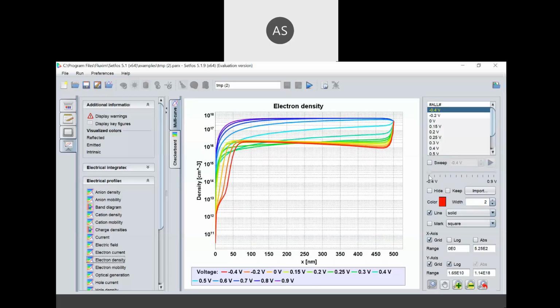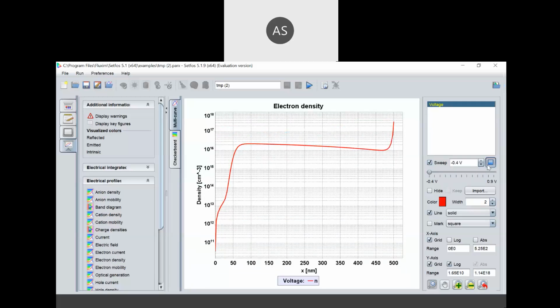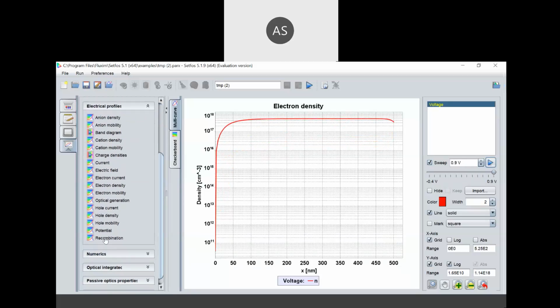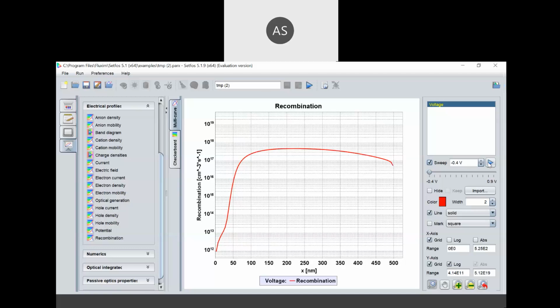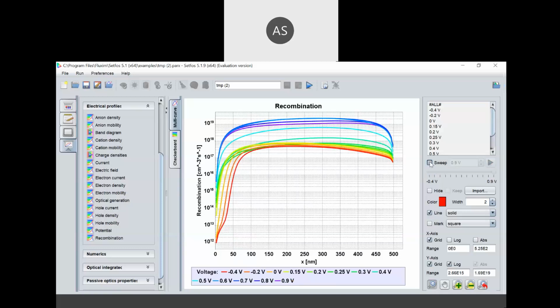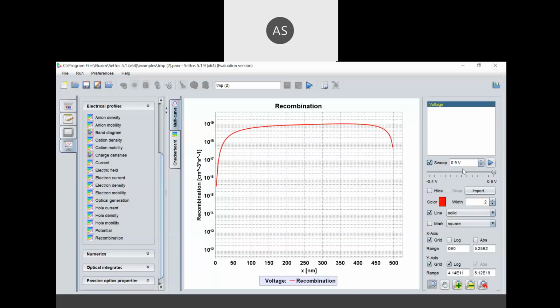Electron current or any other parameter, a lot of parameter outputs will be there, including recombination. This is the swapping function. You can enable or disable it. By default, it will show all the graphs, and if you select, then only that particular output will be plotted.